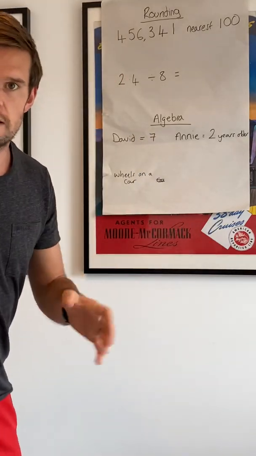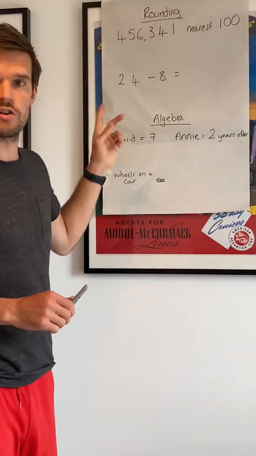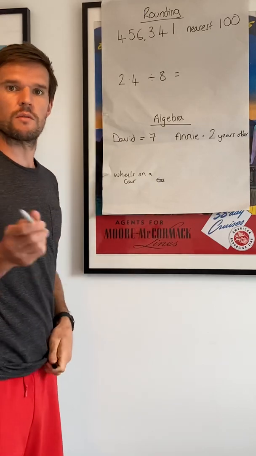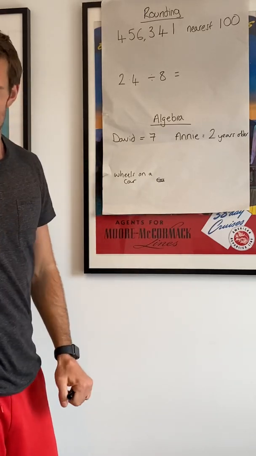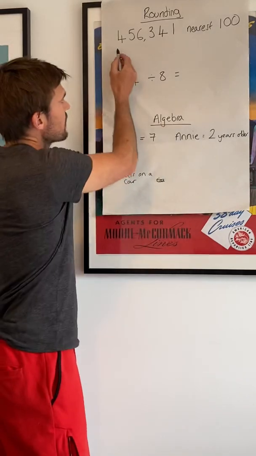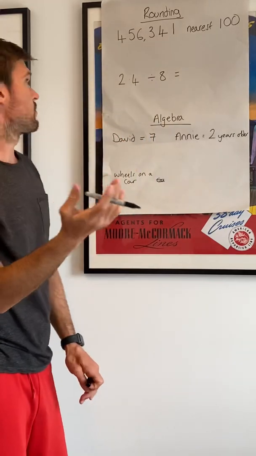Classics, maths for today. Just going through a few things. So first one is rounding. Okay, and I just want to make sure that you know this one. It's pretty simple. You take a number, this one